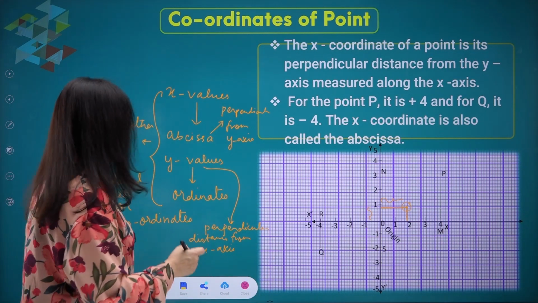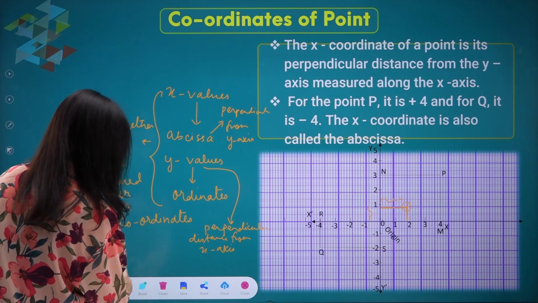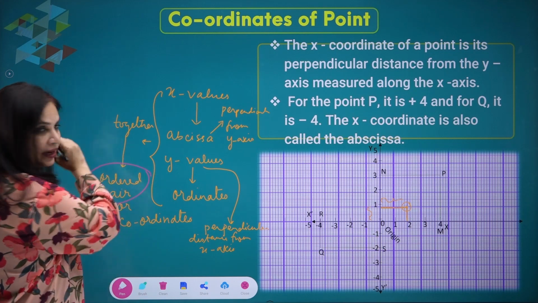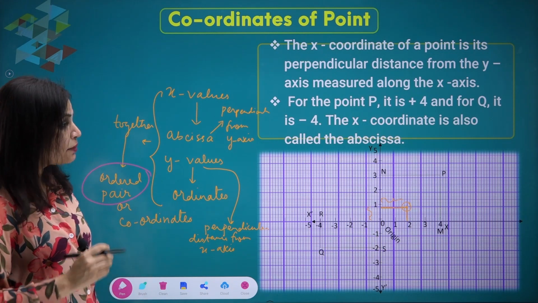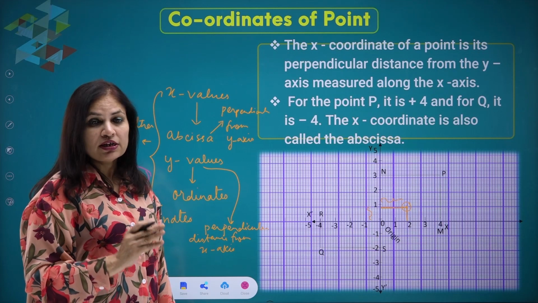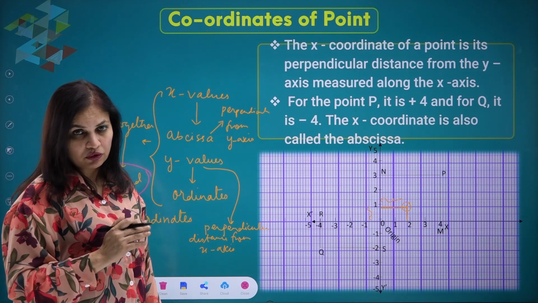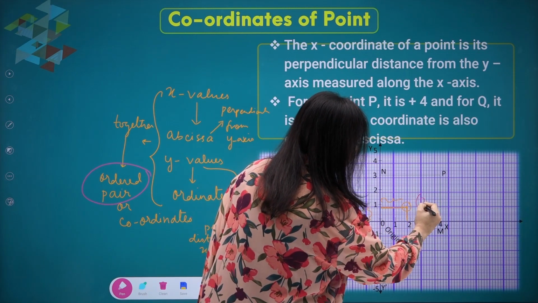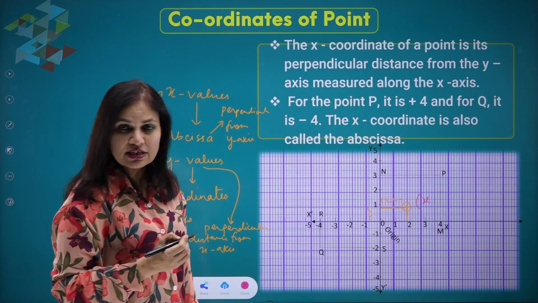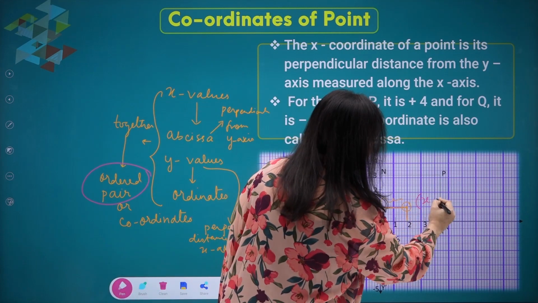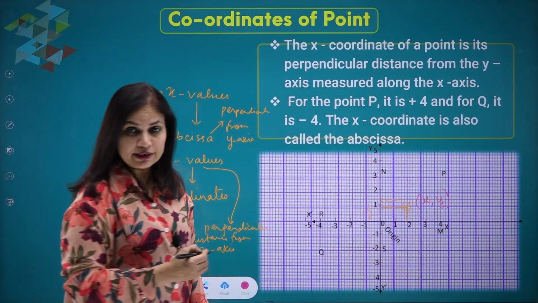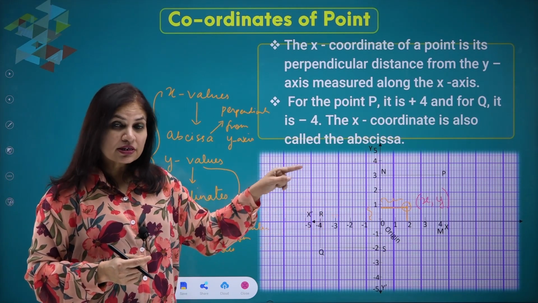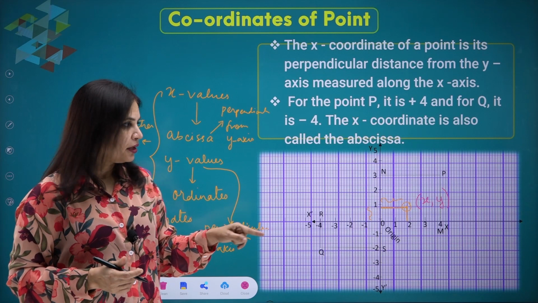Now, why did I call it ordered pair? Because there is a particular way of writing the x coordinate and the y coordinate. What is the way? We write the value of abscissa, that is the x value, first, and the y value later. It is a pair of numbers, but it is said to be an ordered pair because we write it